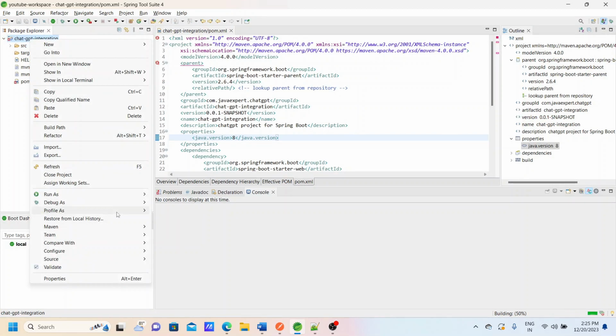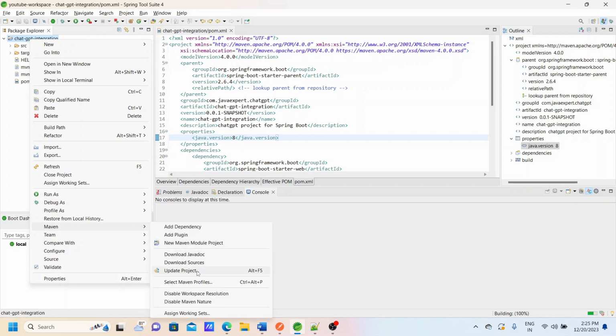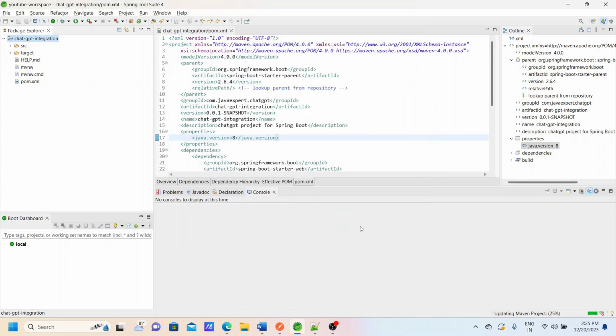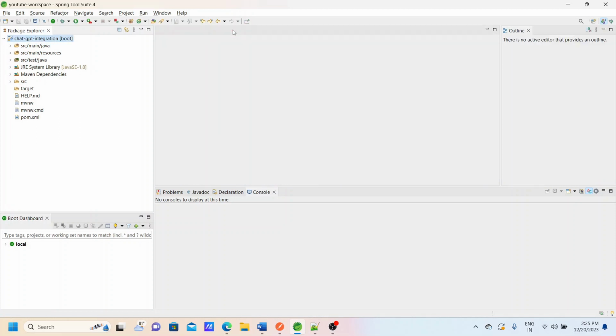Then we'll do a Maven update. It will help to update the project. Just wait for some time. I think this project is ready. So what we have to do now, we have to